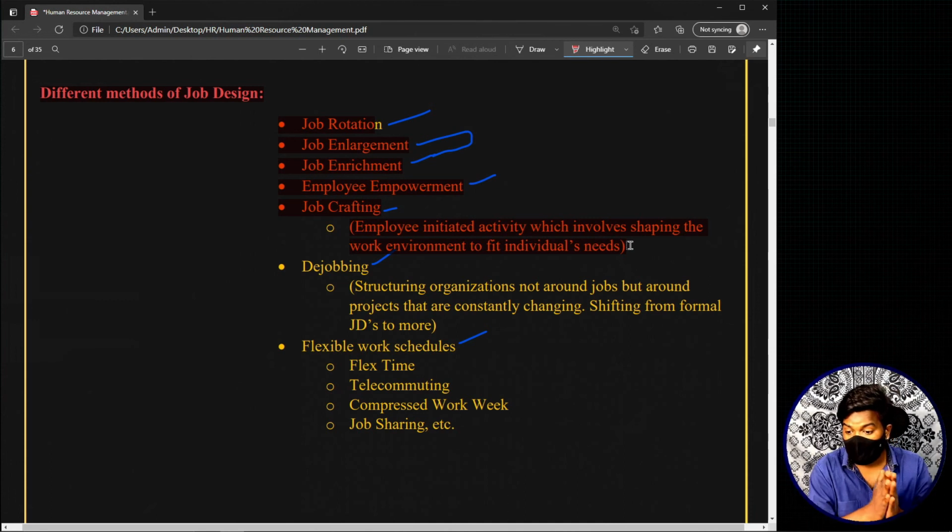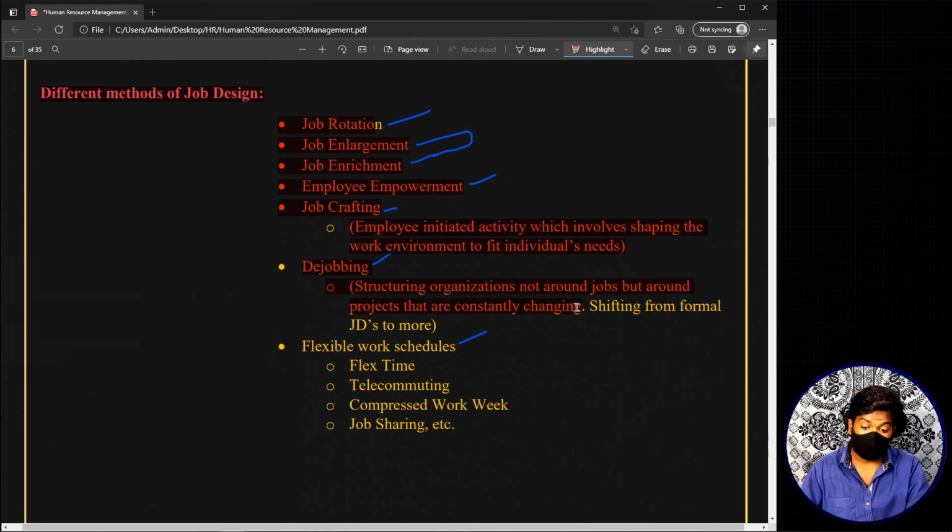Okay, now let's move on to the next method, which is called dejobbing. Dejobbing is also a method of job design, where you structure or restructure the job. Dejobbing means structuring the organization not around jobs but around projects that are constantly changing. That means shifting from formal JDs to more